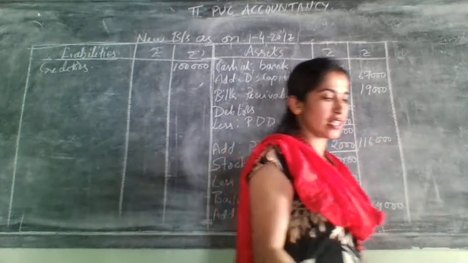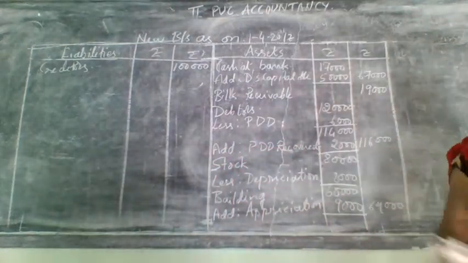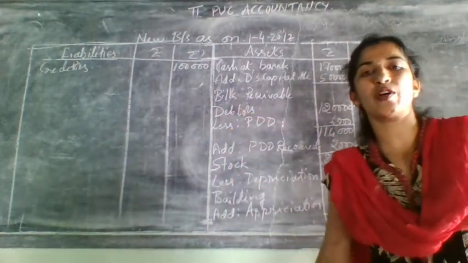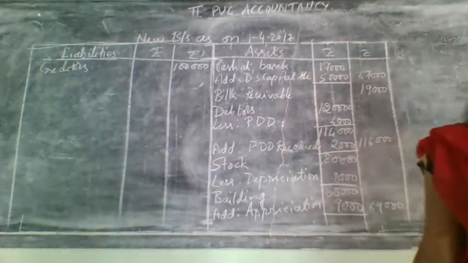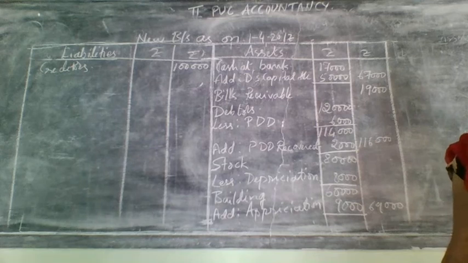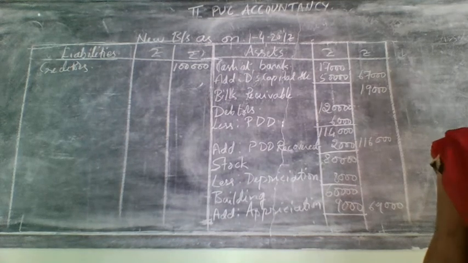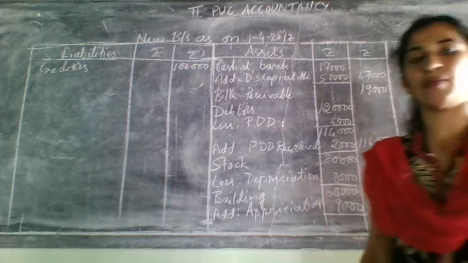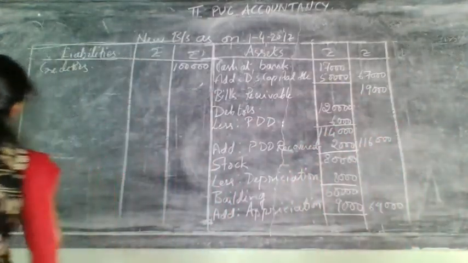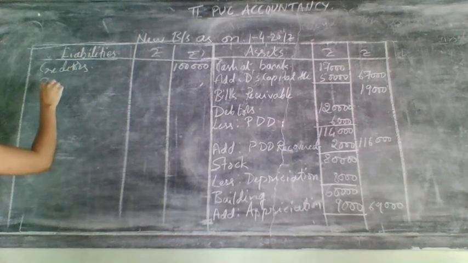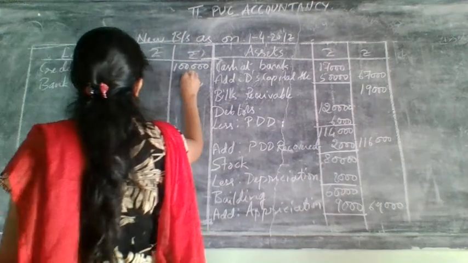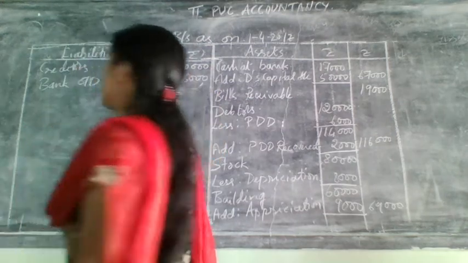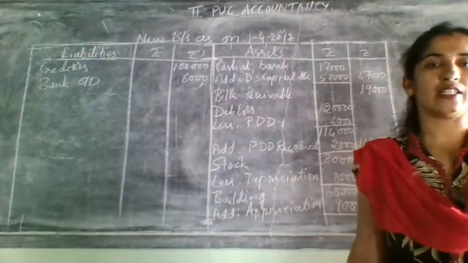After the creditors they have given reserves. Reserves we should not take in the new balance sheet. Why? Because this adjustment was already done in the partners' capital account. Okay. After that, next what you need to take? After the reserve they have given bank overdraft in this problem. So write that bank overdraft on the liability side. Bank overdraft was 8,000. No other adjustment for this. Write as it is. Okay.